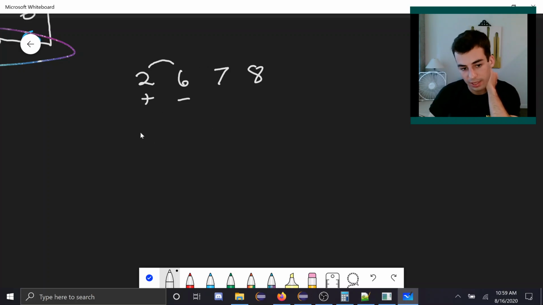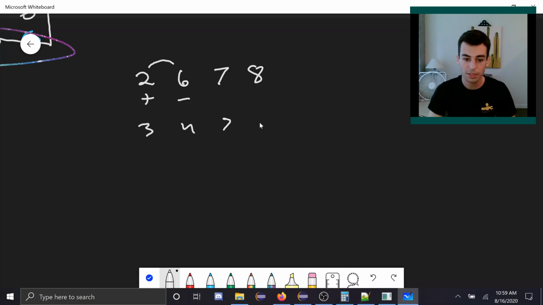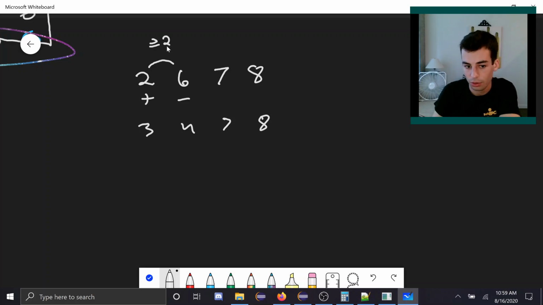So after we do this step, it would be 3, 4, 7, 8. In this pair, this is the only time that happens. None of the other numbers change. So the difference is greater than or equal to 2. All right, so now after we do this, then